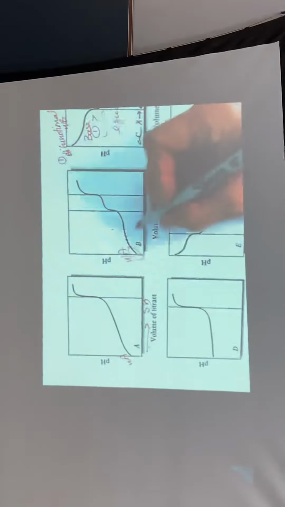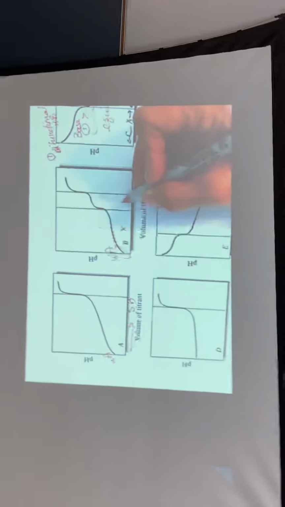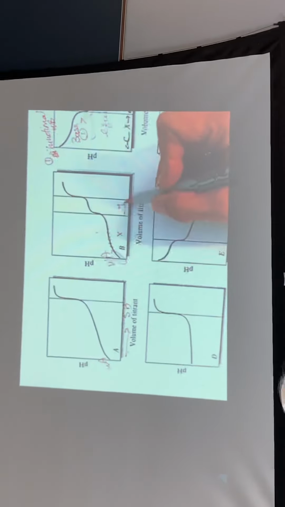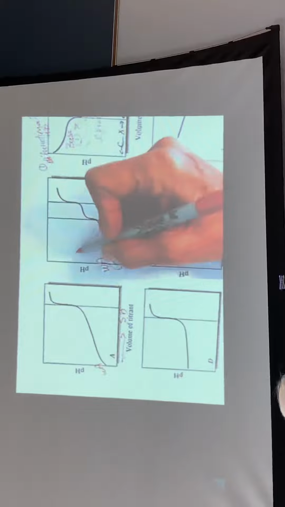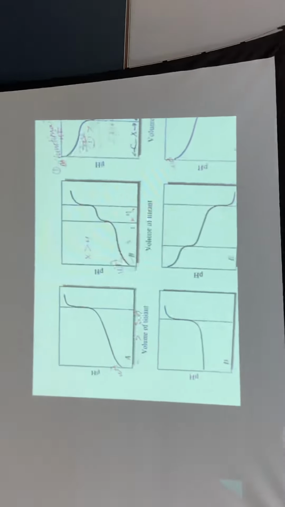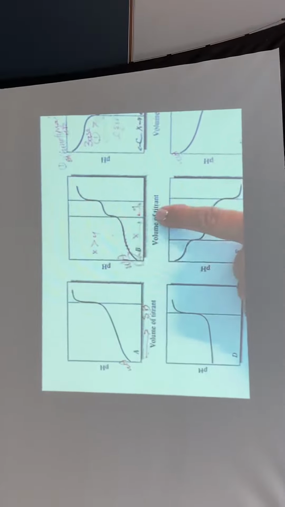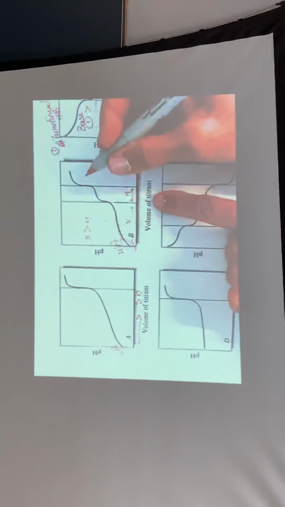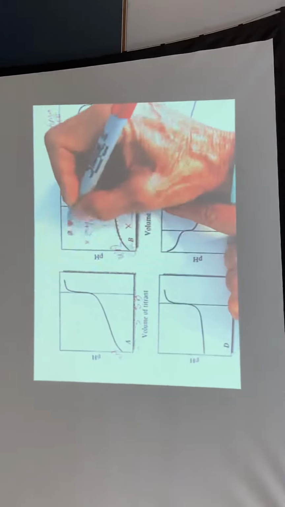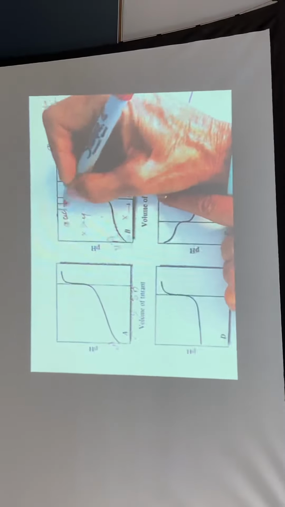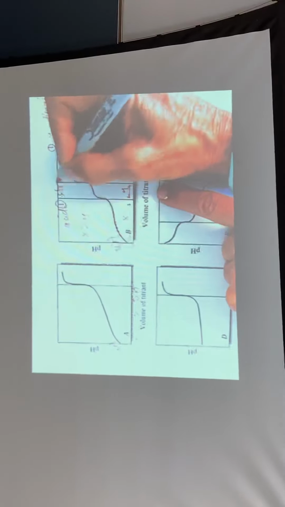You have more, so X, Y, volumes. X greater than Y means there's more moles of the first acid than there is of the second acid. And this one is weaker. So acid 1 is stronger than